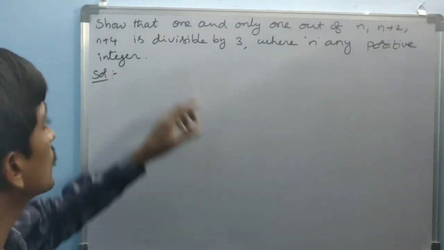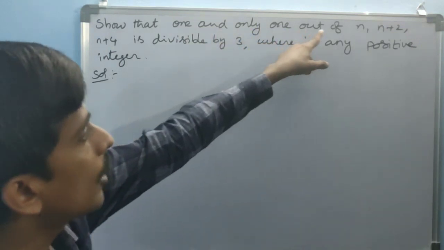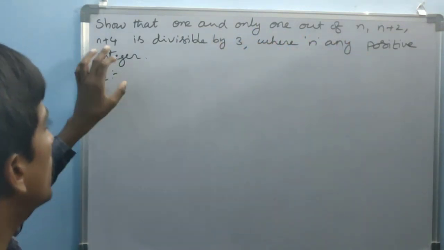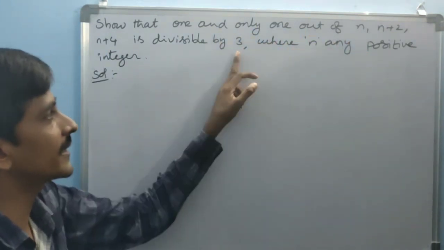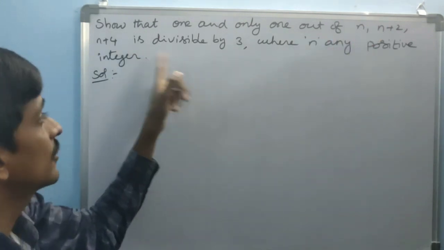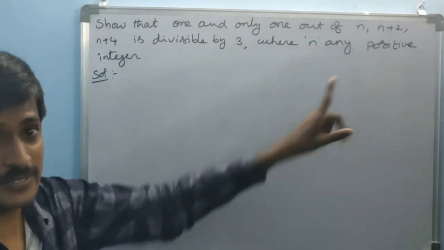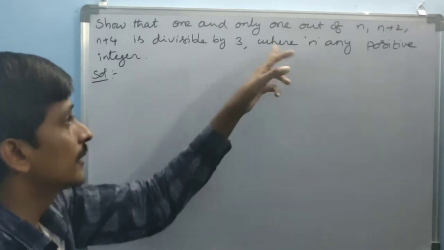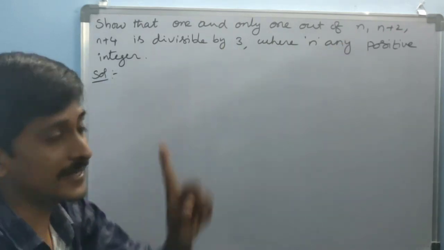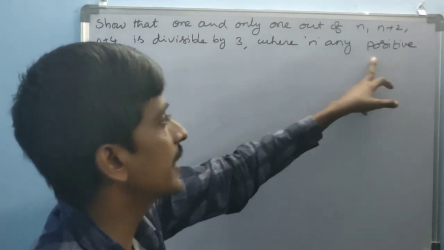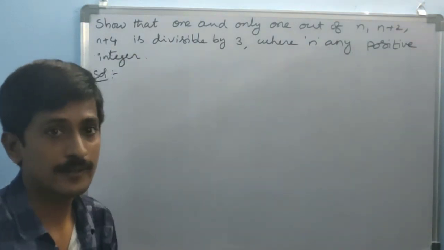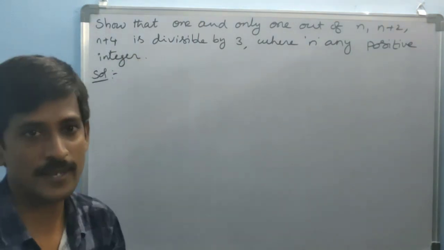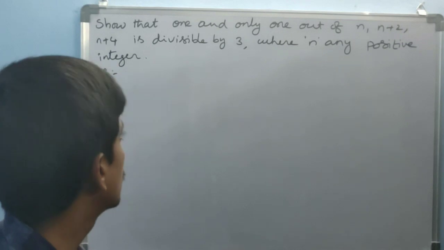Here one and only one out of n, n plus 2, n plus 4 is divisible by 3. Three cases are there. Only in these three cases is one and only one divisible by 3, for n any positive integer. That is, we show that. Okay. Now the solution is